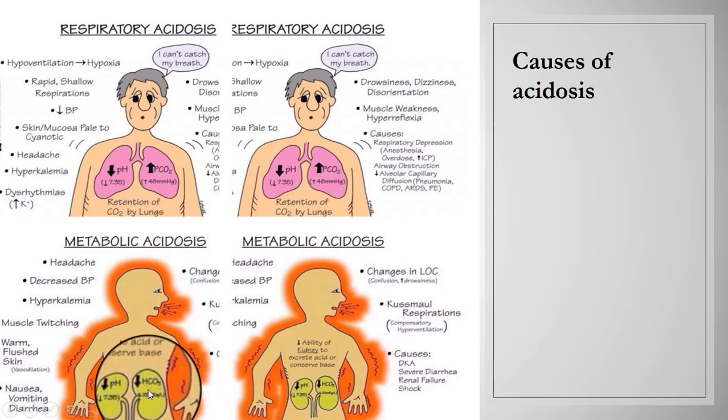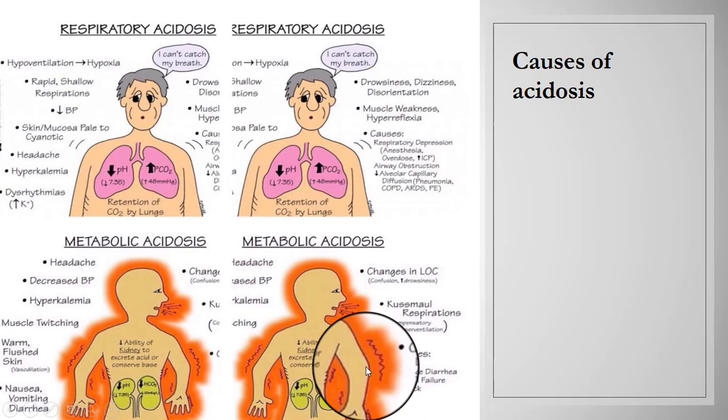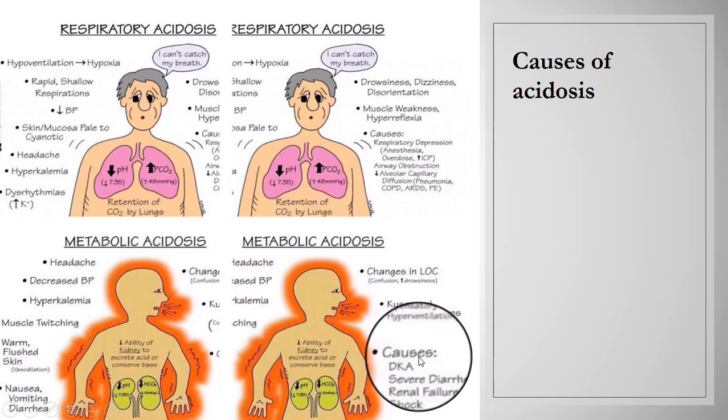And third is lactic acidosis. It occurs when there is too much lactic acid in your body. Its causes can include chronic alcohol use, heart failure, cancer, seizure, liver failure, prolonged lack of oxygen, and low blood sugar.